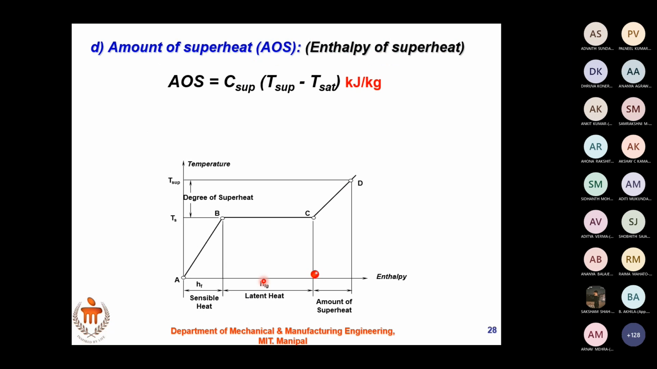Amount of superheat. Next one. This part what you see is the amount of superheat. Can anybody tell me the definition of amount of superheat? What is amount of superheat? The amount of energy required to convert dry steam into superheated steam of required temperature at constant pressure. Yes, right. No, don't call it energy. Always use the term heat. So amount of heat required to raise the temperature of...